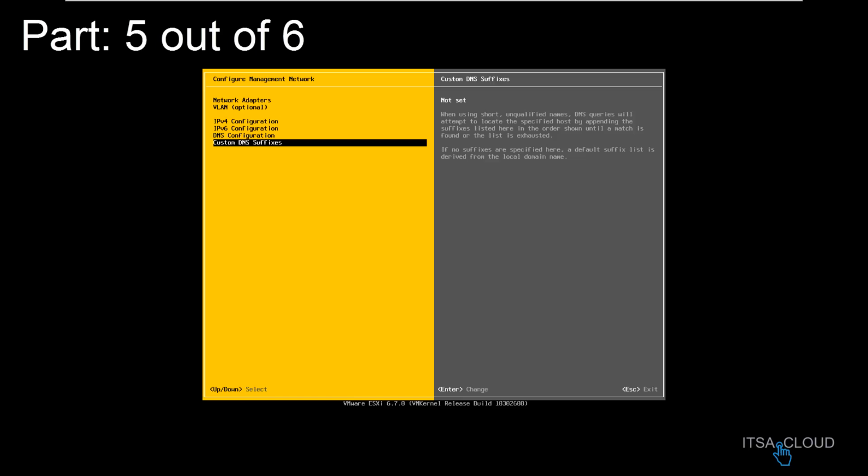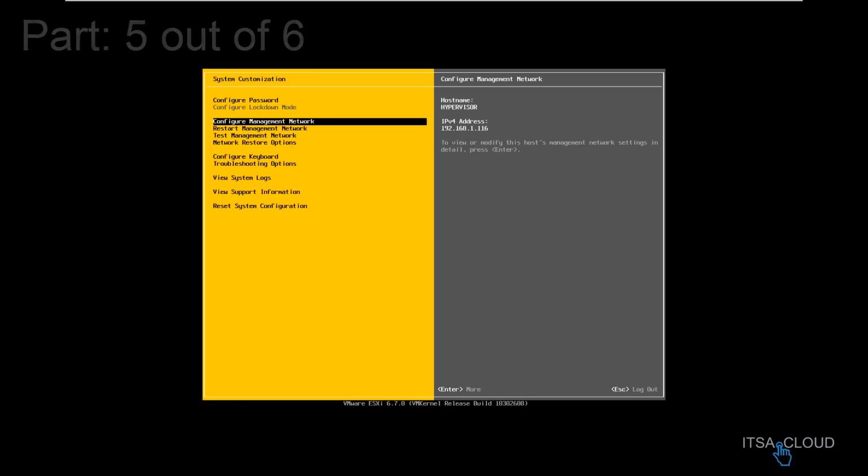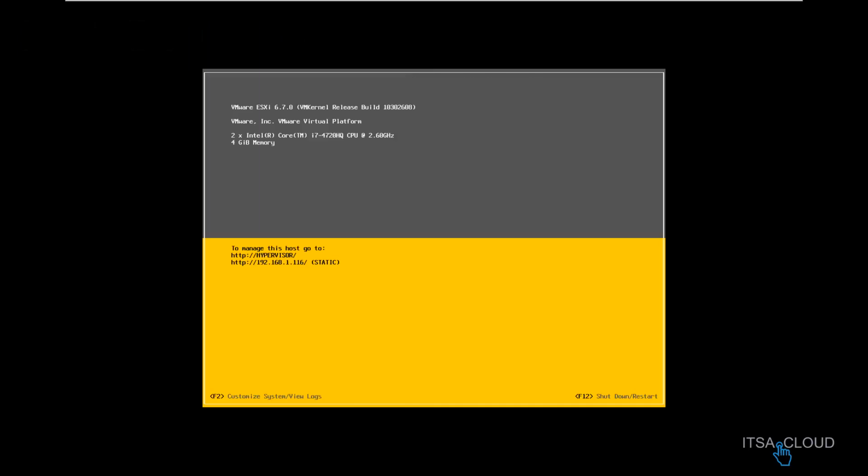So after you finish with all the configuration, you go back to the first graphic user interface and read that message. What it says: to manage this host, go to, you got two options. You can use the name of this ESXi, or you can use the IP address.